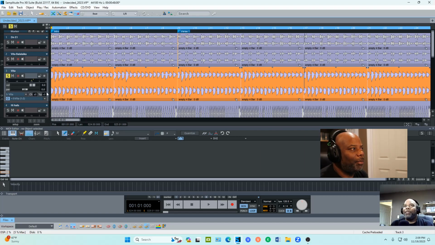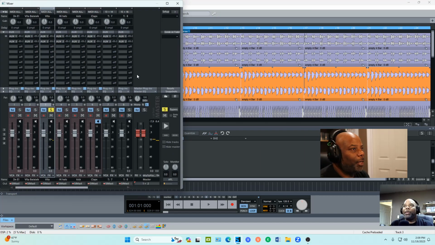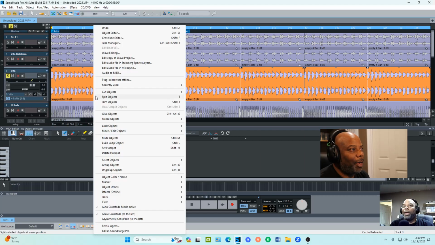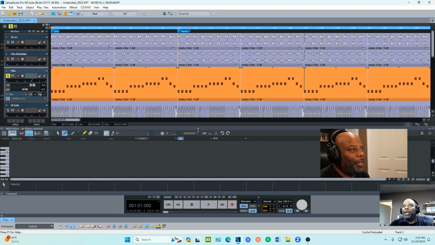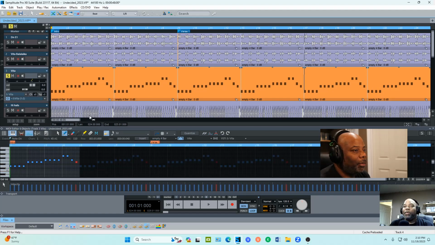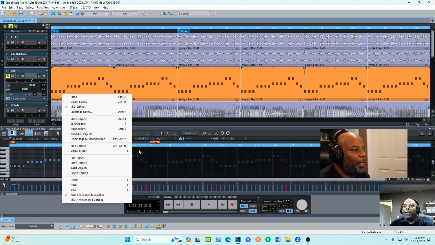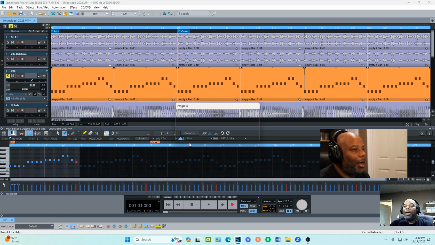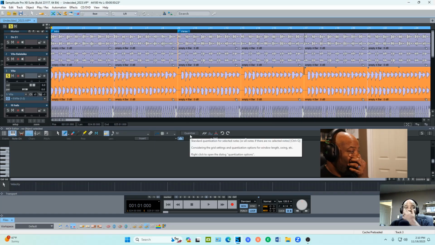So I'm gonna hit the mixer, the image for the mixer, which is right here. This is the bass line, so let's listen. Real basic, right? Now this wasn't played. Right click. We're gonna unfreeze these objects, right? This is the MIDI format or the pattern that I created, right? Okay, pretty simple, the notes. But right now I'm gonna refreeze them, because when you freeze them, then you're allowed to add on from the other list of tools that we got, right?